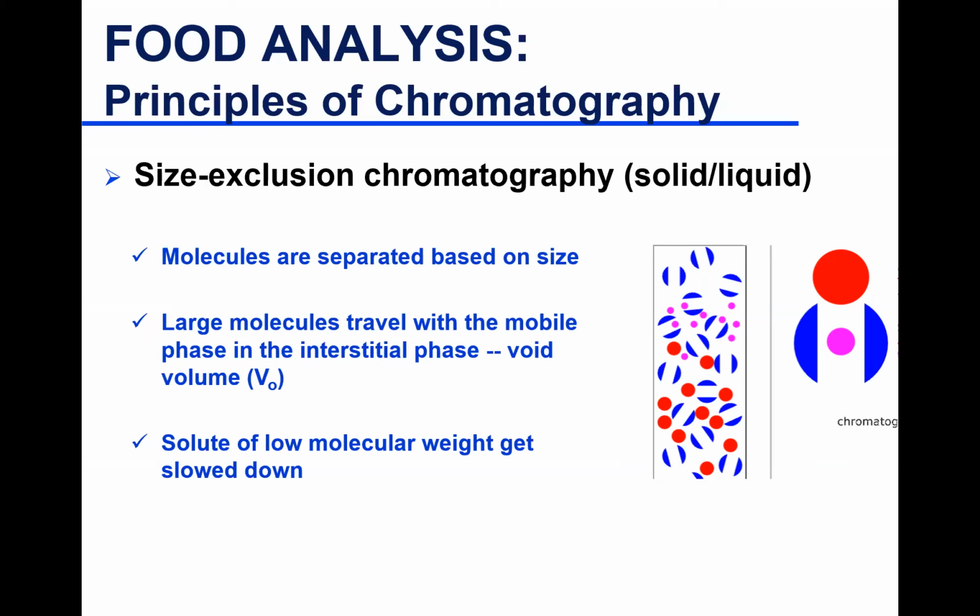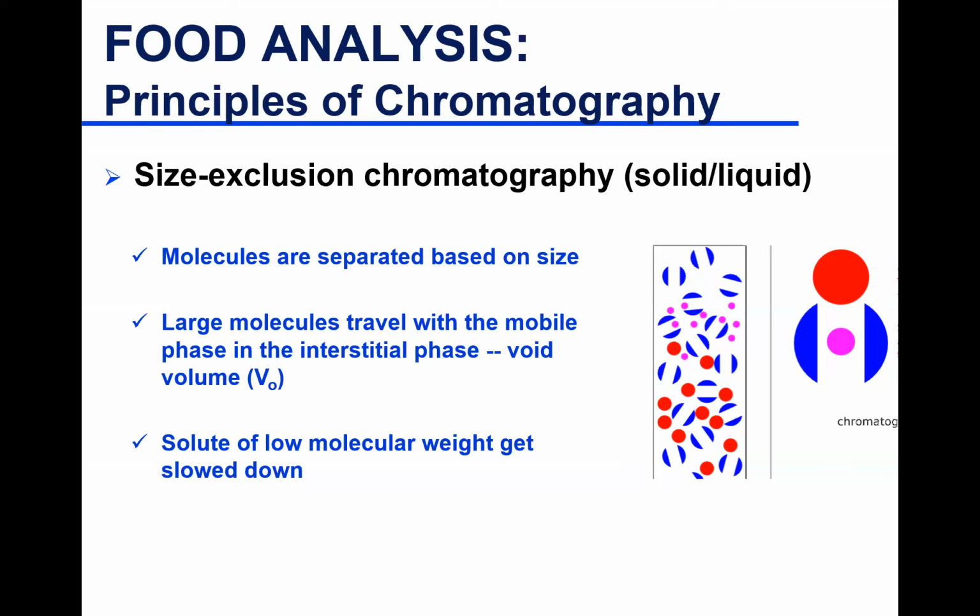Sometimes you have a range of pore sizes, especially if you're trying to separate compounds with different sizes: large pores, medium pores, small pores. But a very large molecule usually does not go into any of these pores. It is just going to go around the particles, in the spaces around the particles, move down the column and go out